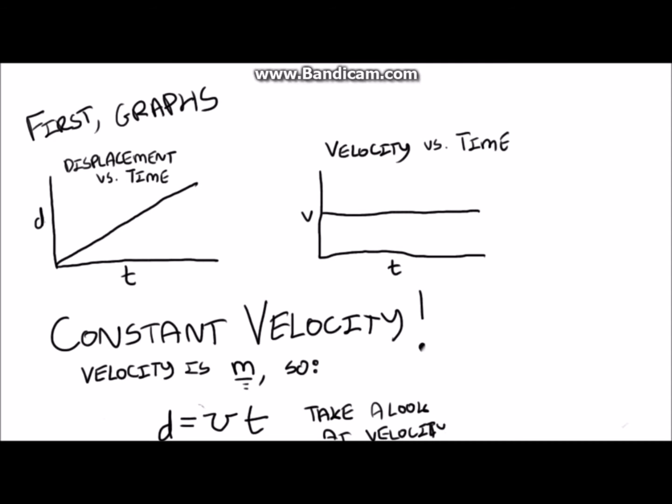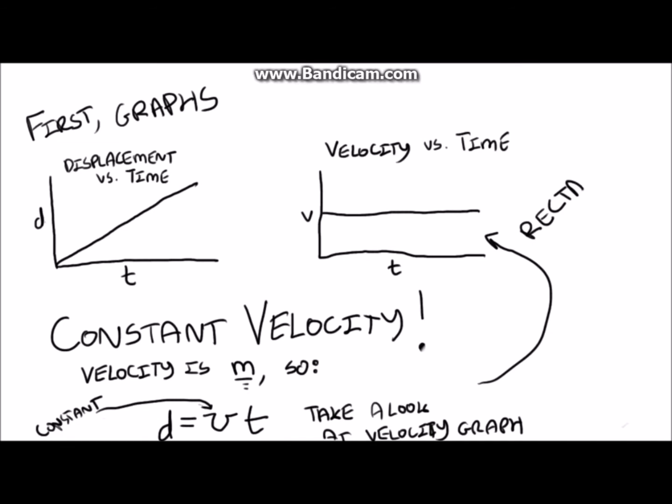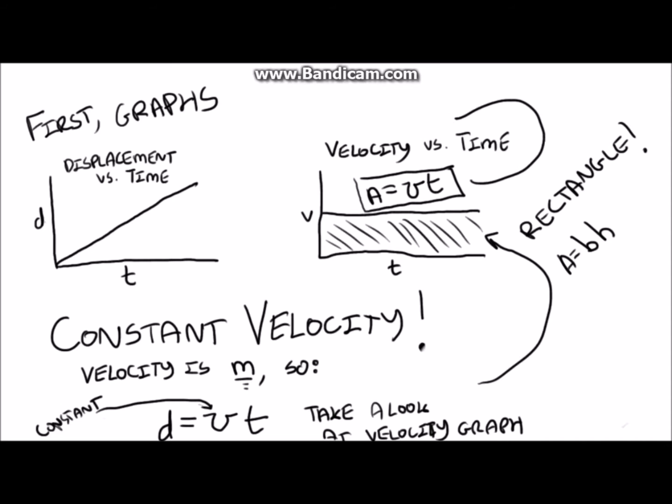Now take a look at the velocity graph. This is very cool. So it's a rectangle, right? V is constant, and t is the base. So if you look at the rectangle, right, the area of a rectangle is b times h. And in this case, the base is t, and the height is v, so a equals v times t,